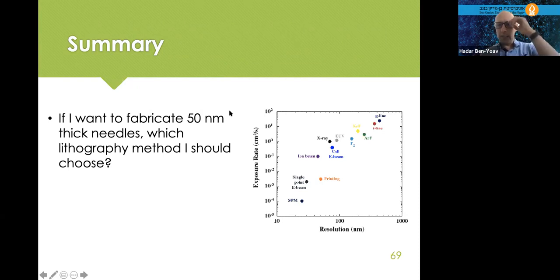For example, if we wanted to fabricate 50 nanometer thick needles, we have a substrate and we have needles like this, in order to introduce some kind of solution, the needles will go through the skin,